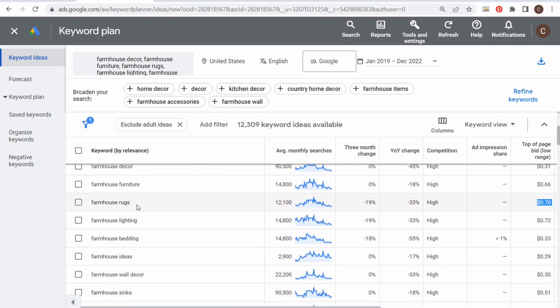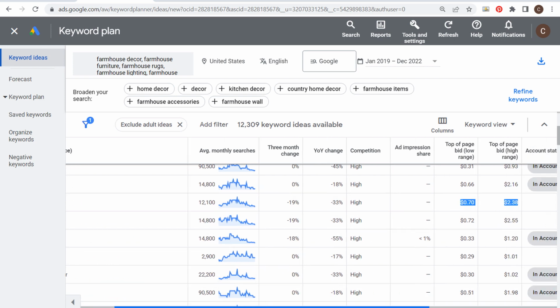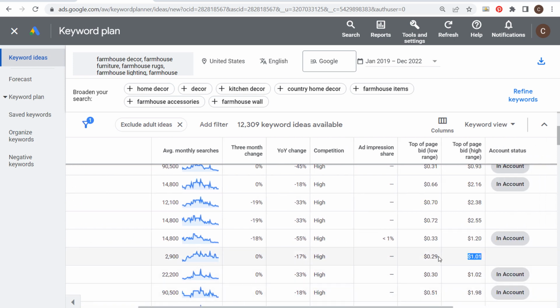So this is farmhouse rugs. So clearly farmhouse rugs, very expensive products. You can sell all sorts of different farmhouse rugs. And if people are looking for larger and more luxurious farmhouse rugs, they can have a huge return on ad spend. Now this one over here, if we're looking at this lower end keyword as far as the bids,